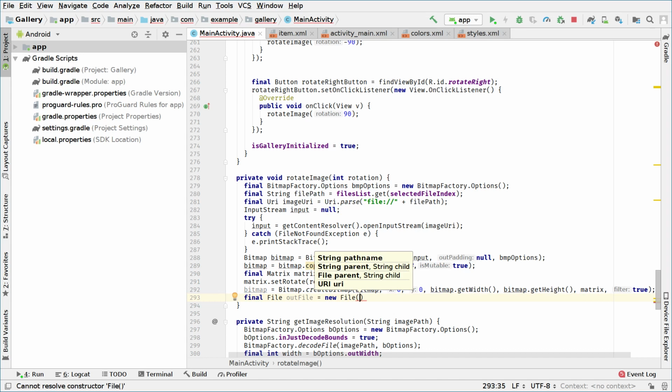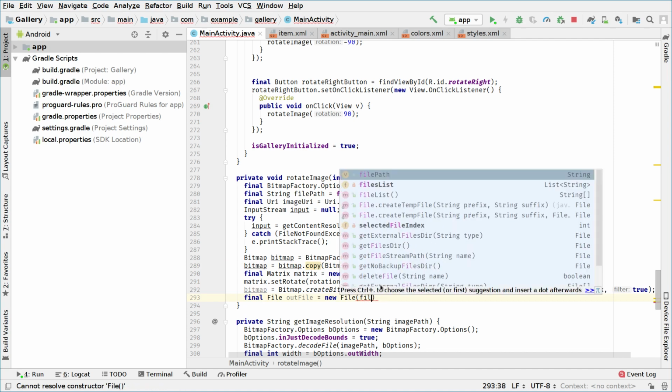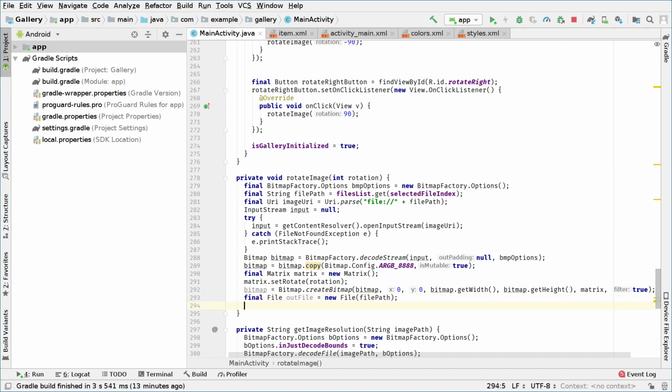In this case, outFileName will be our file name, as simple as that. And the file name is, in this case, filePath, as we called it previously. So filePath. Okay, so we created the new file, and we will actually